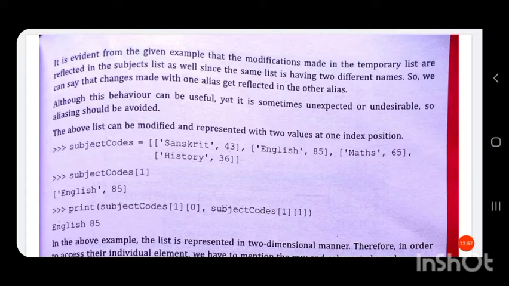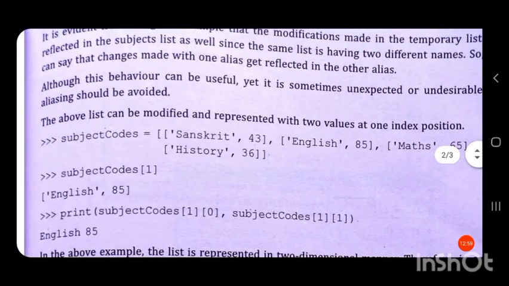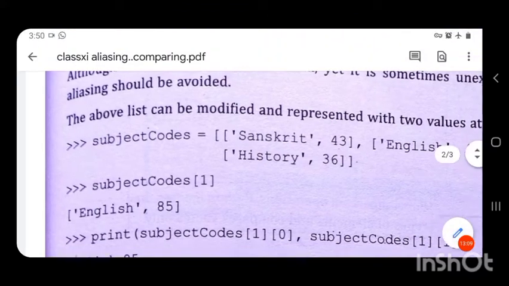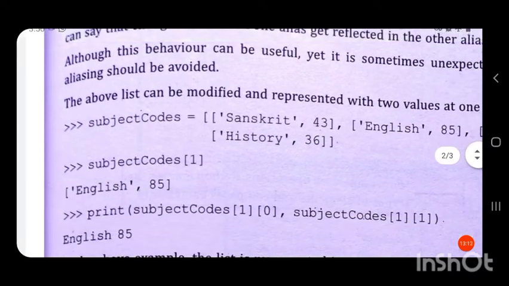If we print subject codes in square brackets 1, you can see the output is a list containing two values, because subject codes in brackets 1 represents the index of the main list.